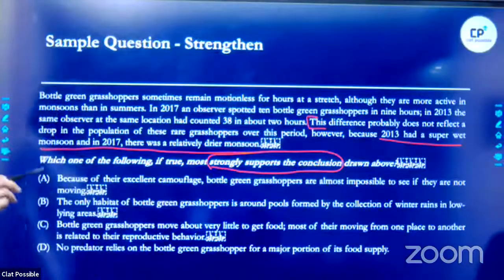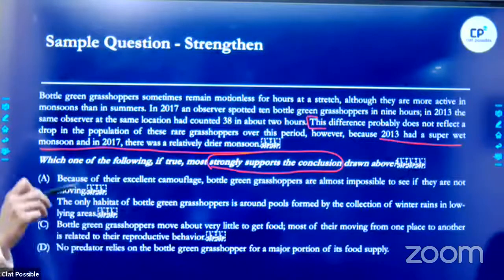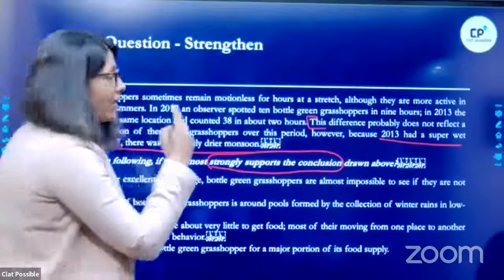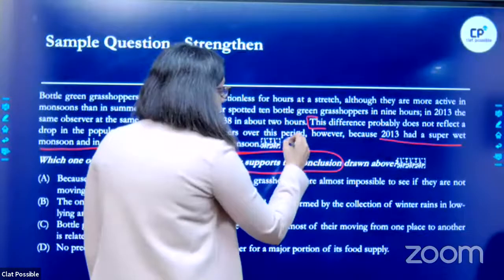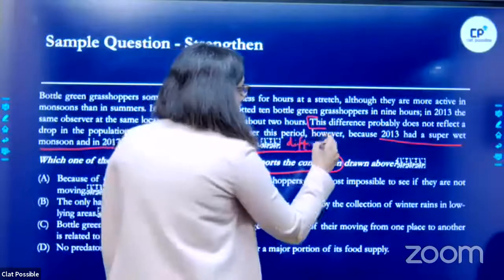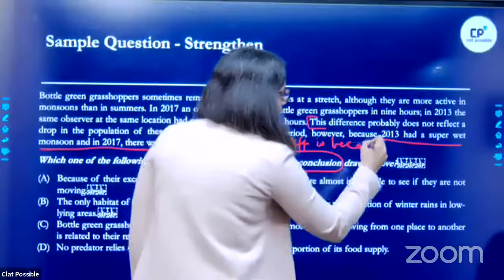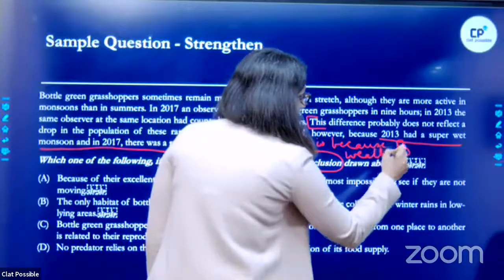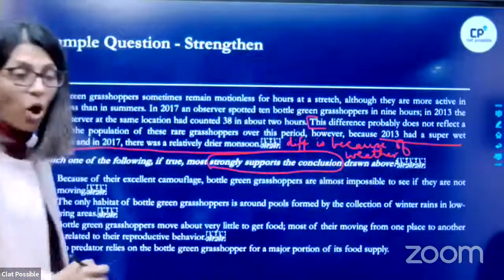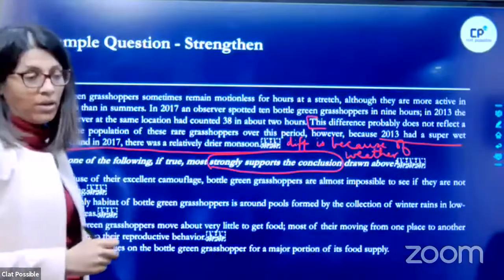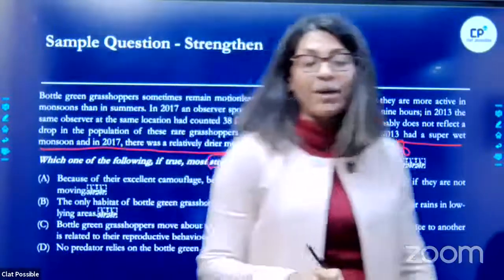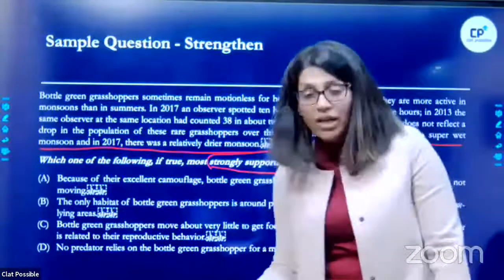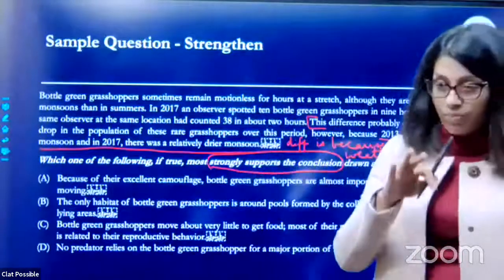So whenever I have to strengthen, I have to give a reason to support the conclusion. That means in my mind, I should say that the conclusion is that the difference is because of weather. What type of weather? Dry weather or wet weather. So please remember, in evidence family questions, I have to look for a new premise. Either the new premise has to support the conclusion or